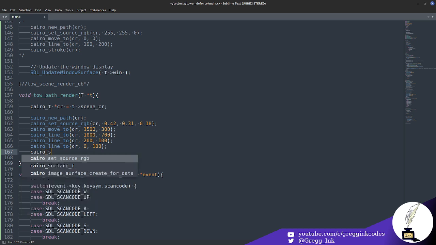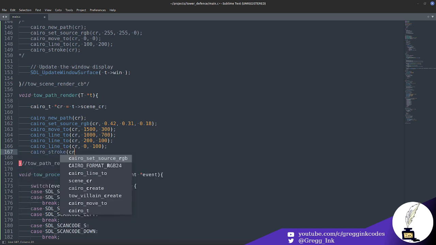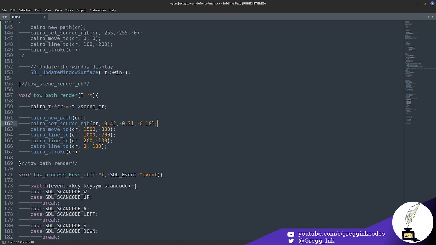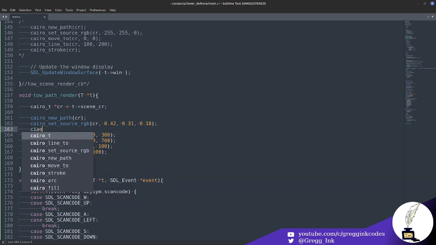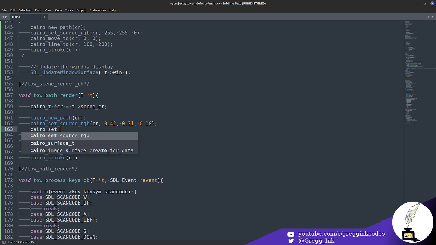And Cairo stroke. And now Cairo set line width, and I want this to be